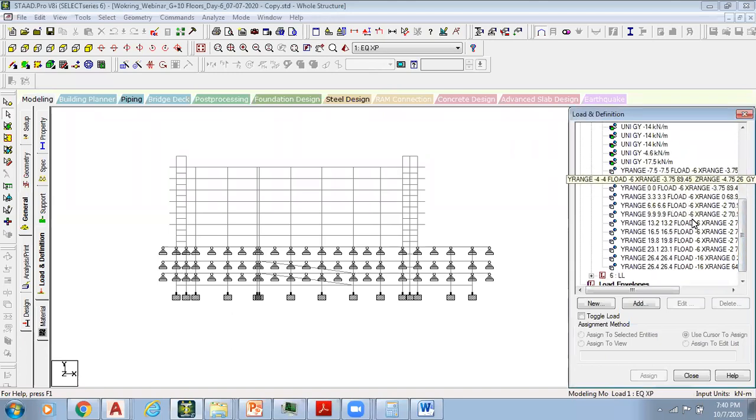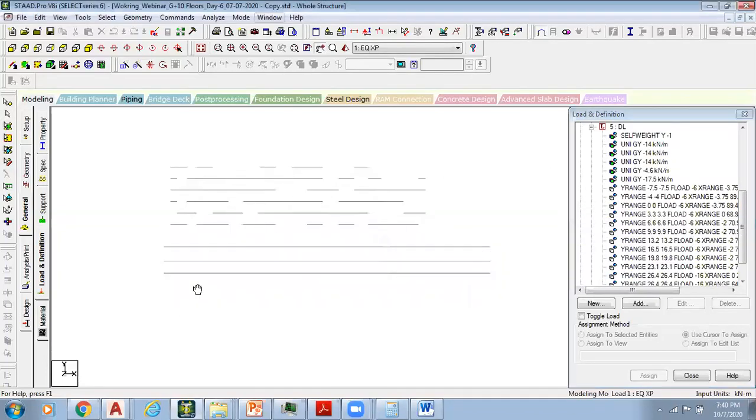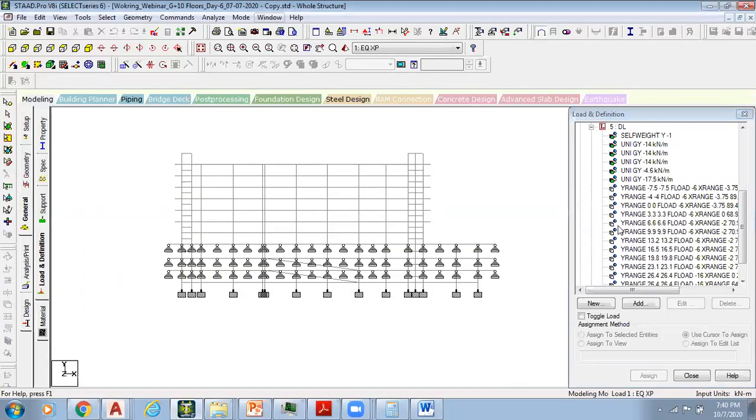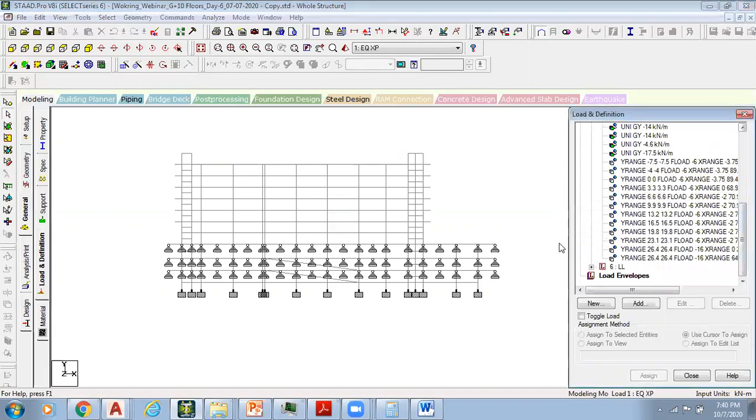and remaining loads, so slab loads like 6 kilonewton per square meter is the load of slab, and of course some kind of hung loads. Some people used to call this hanging loads, hanging loads or hung loads, whatever it is. So those slab loads were also added to this structure for respective floors, and then basements also, right? So we had added all these floor loads to this structure.